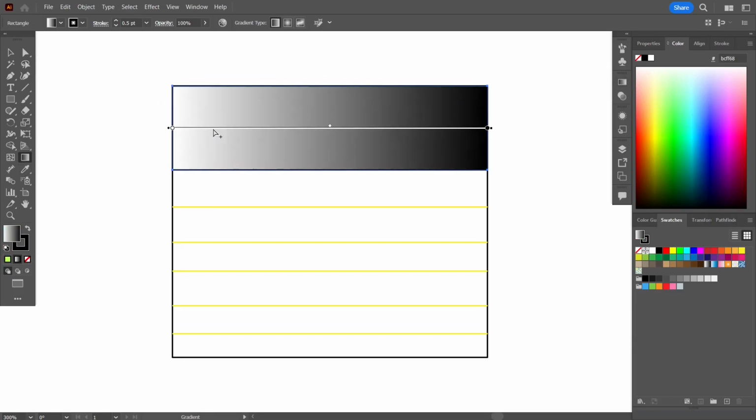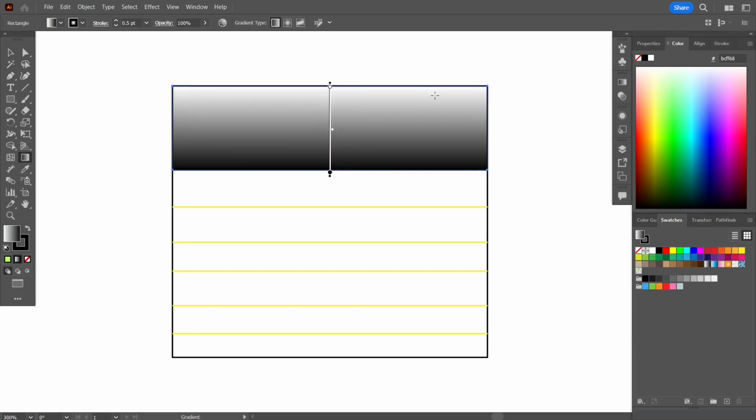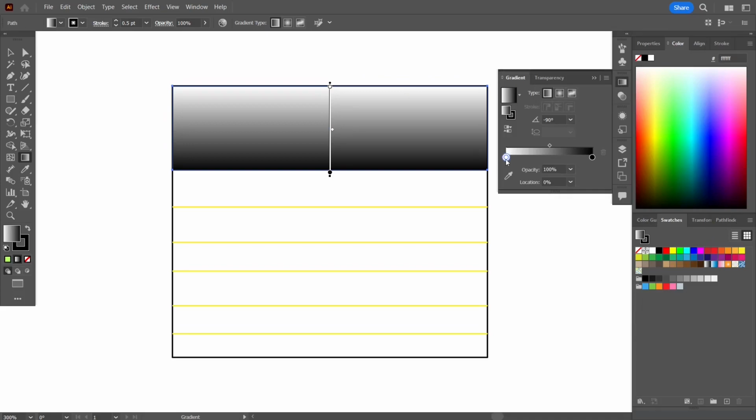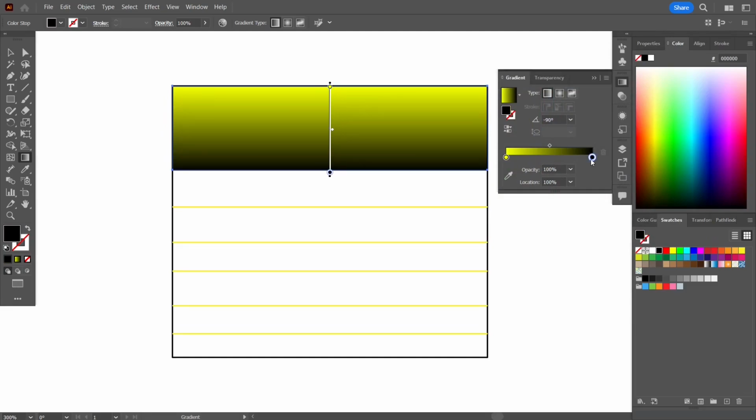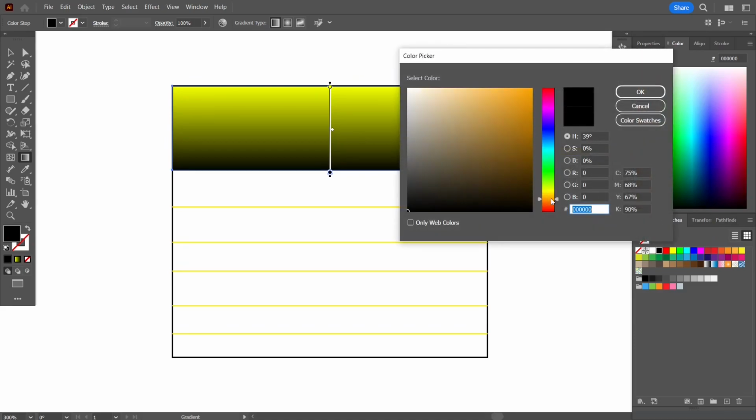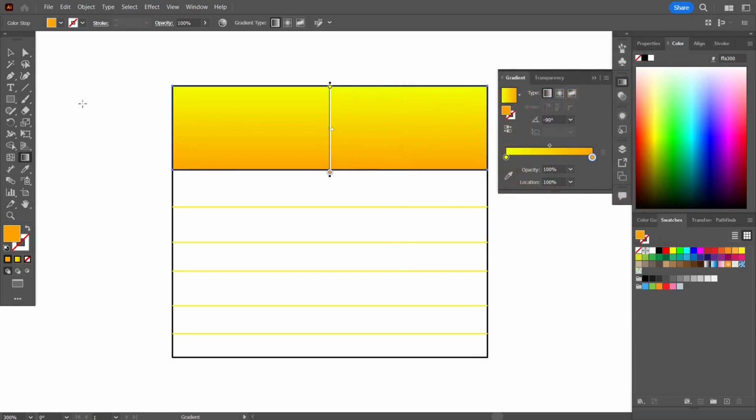Now go here in the gradient, apply it here from the center, pressing and holding shift, keep it a straight line, come here in the gradient box, choose this color, make it yellow, bright yellow, come down here, I've selected this one and make it orangish, yeah, a little lower. Yep, that's it. Come out of the gradient, close the window,